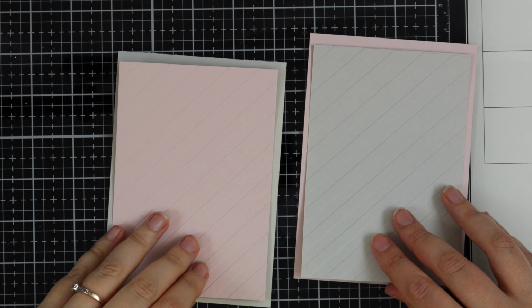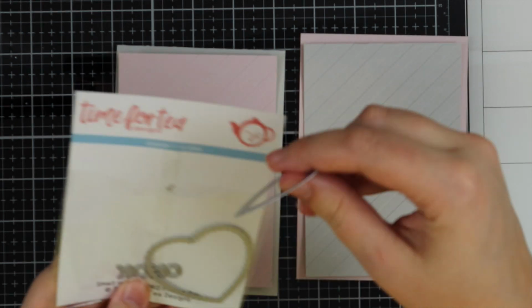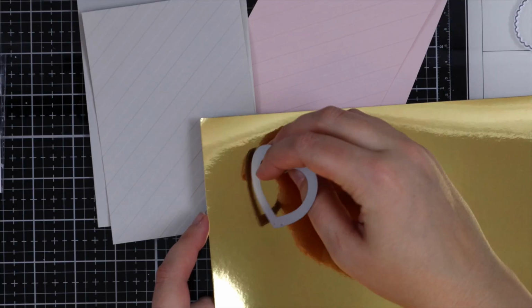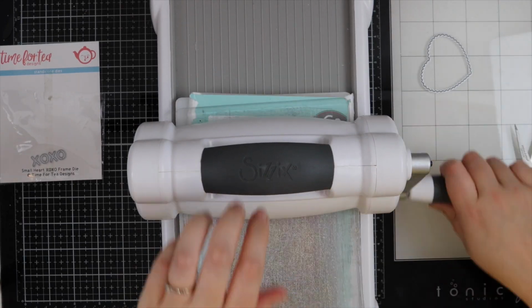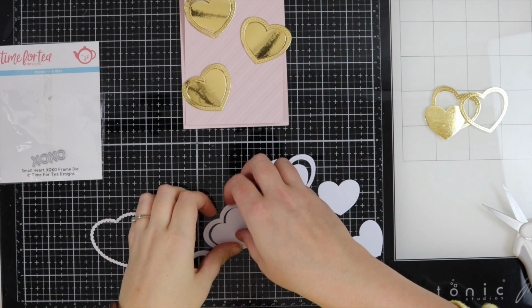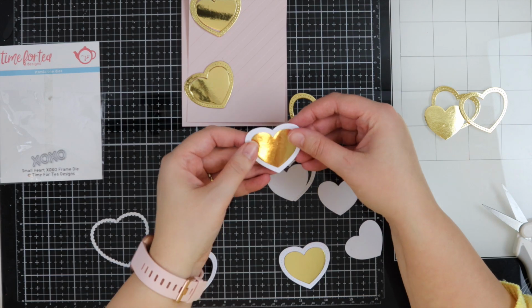So this card is made just using dies, and then obviously my embossing folder. I've got my Time for Tea Designs. This is a small heart frame, and I'm going to be using this die here, and I've got some gold mirror card that I'm going to be using for this. One of the things I found is that when you're die cutting the mirror card, you're best to just cut out the card you want for that die, rather than cutting a big strip and then putting the die on the same strip, because it does pick up all the texture that might be in your embossing plate. So I've gone ahead and die cut out some hearts, and I've also used some white card,